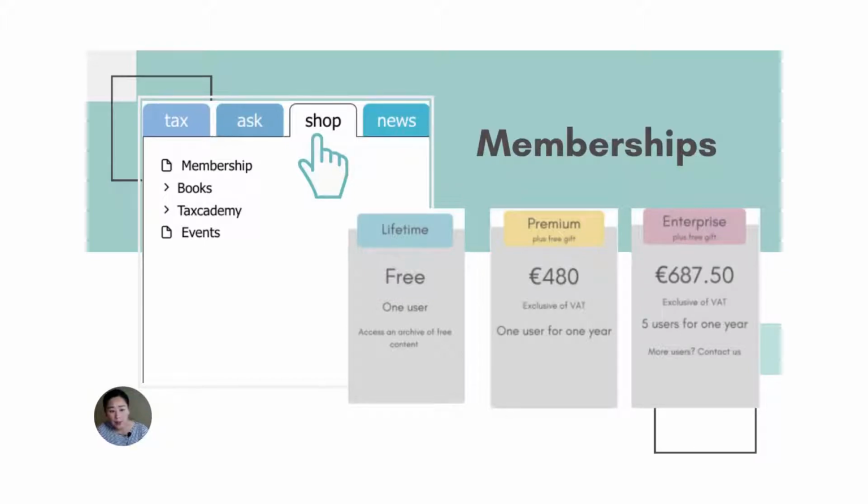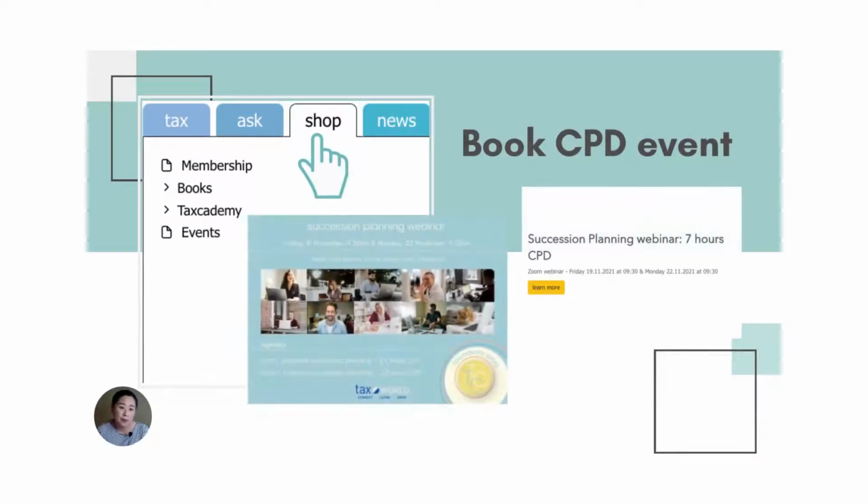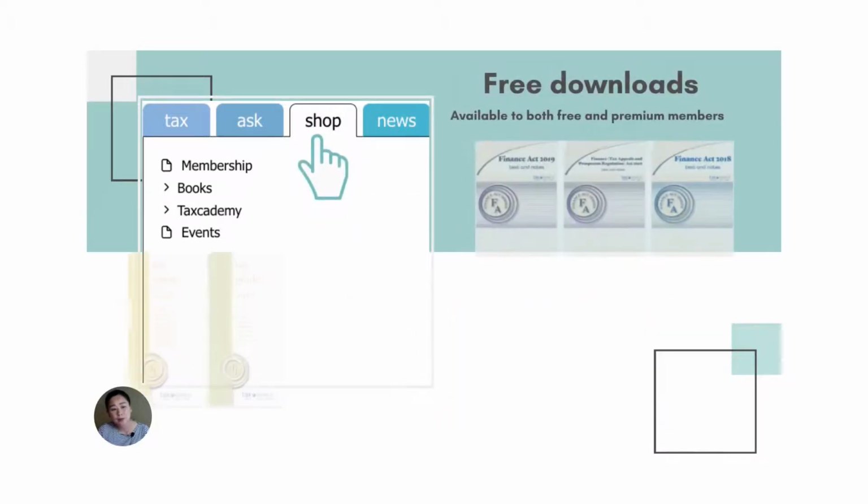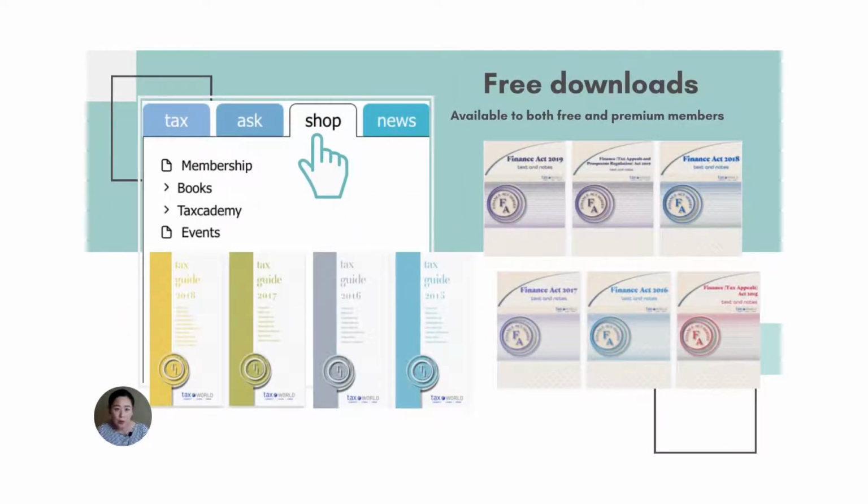The third tab here is the Shop tab. This is where you can either sign up or upgrade your membership and book your next CPD event and purchase the latest publications from TaxWorld. We also have a full collection of Finance Act and Tax Guide that's available for free download for both free